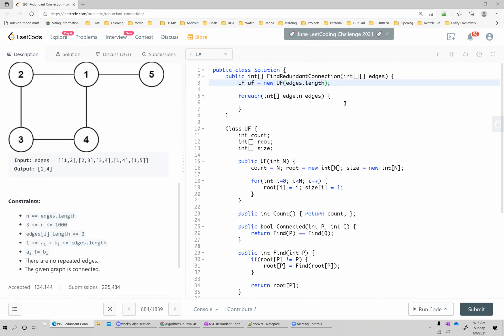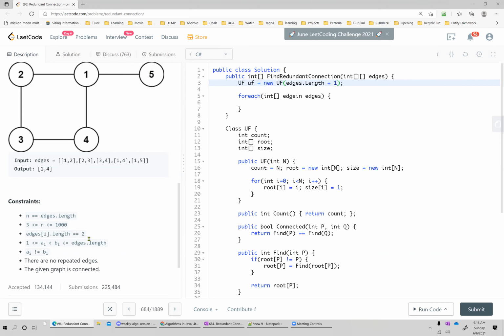Right? Good. Yeah, we can just do edges.length. Should it be +1 for 0 indexing? It is 0 indexing. So if I say that 10, do we need +1? Right, 5+1. Because if we see the graph here, there are 5 nodes and there is one node that is numbered 5. But our index of length 5, if we make a union find, that would have only up to index 4. I think very good point.